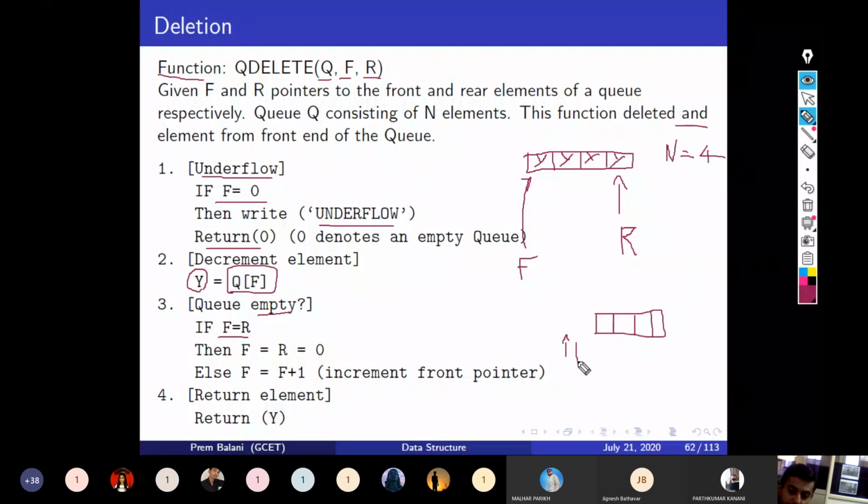Initially F and R both are 0, so Q is empty. But suppose I enter the first element, so what would happen? This F and R would both be pointing to the first element, right?